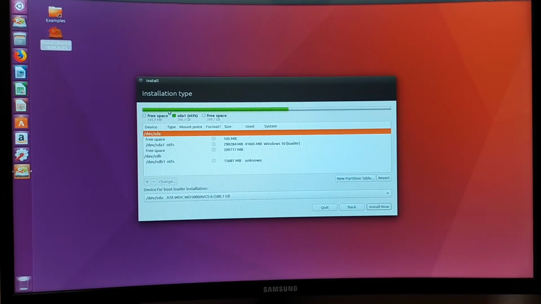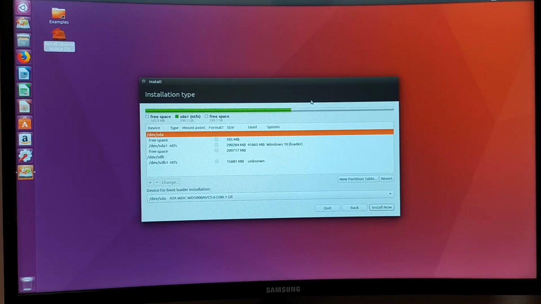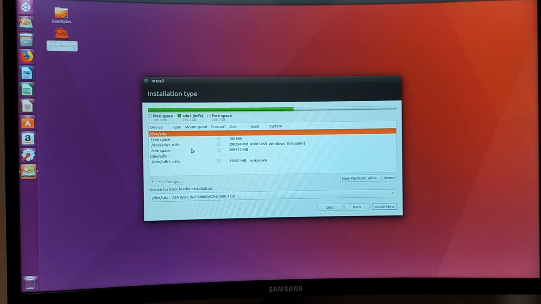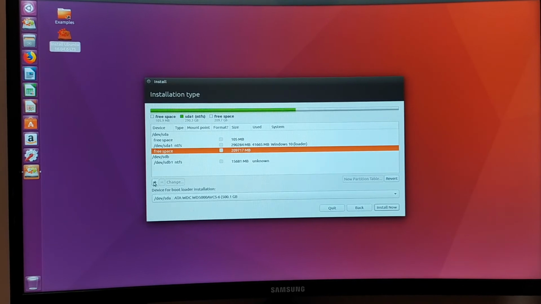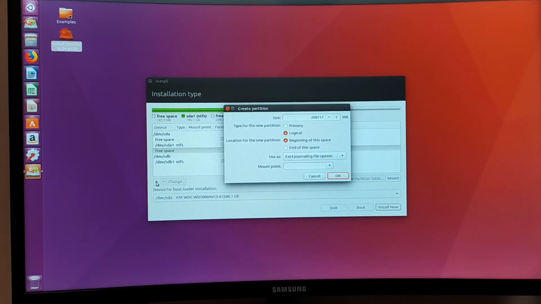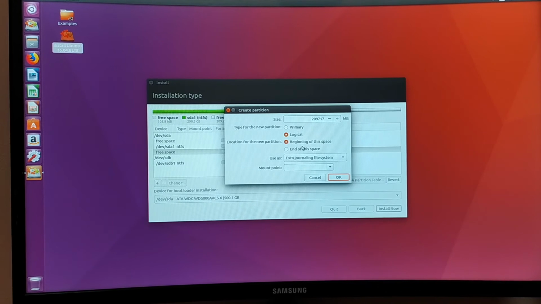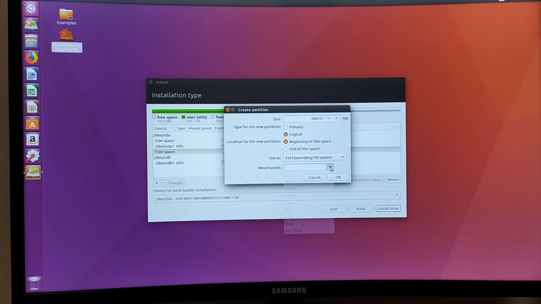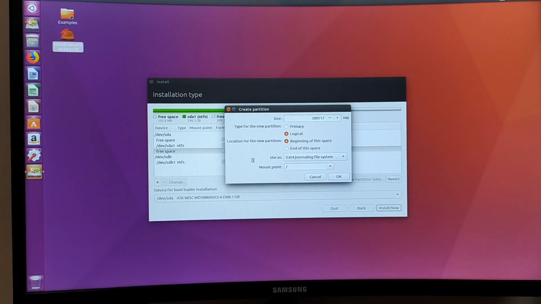So now we can see that the green bar over here is the space taken up by Windows and the gray area is the empty space that we can use for Ubuntu. So we need to create a few partitions over here. So in this free space that's located over here, we need to press the plus button. Over here, this is a logical partition at the beginning of this space. And again, we leave it as ext type. But what we need to do over here is we change the mount point and then make it slash. That means this would be a root partition.